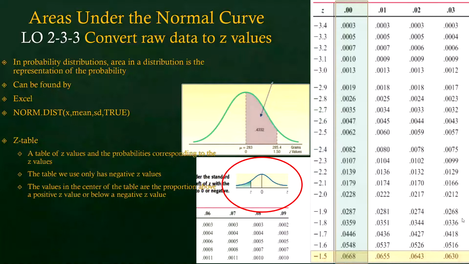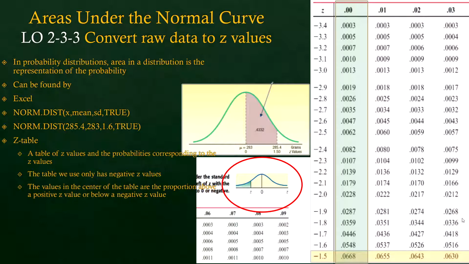This is what it would look like. It would look like norm.dist, and then we are going to put 285.4. Then the next thing is the mean, so that's going to be 283. And then the next thing is the standard deviation, which is going to be 1.6. And then after that, we're going to put true. And then what that would give us is